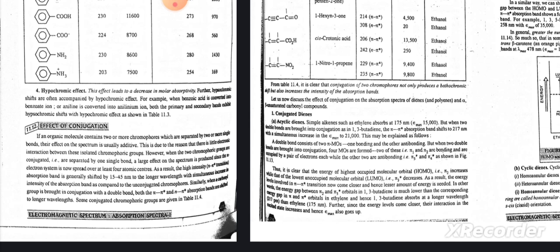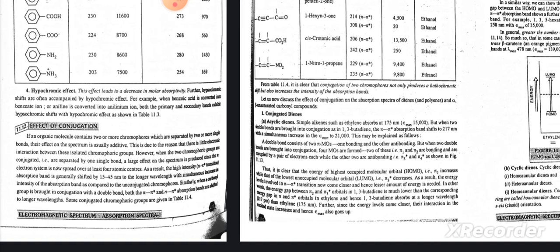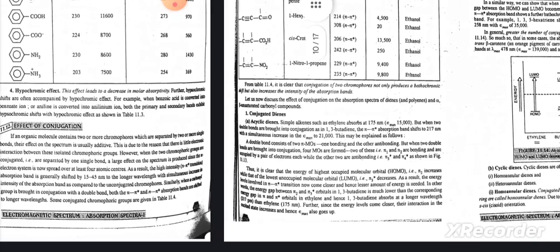Similarly, when a carbonyl group is brought in conjugation with a double bond, the pi to pi star and n to pi star absorption bands are shifted to longer wavelengths. Some conjugated chromophoric groups are given below in the table. Let us discuss the effect of conjugation on the absorption spectra of dienes, polyenes and alpha beta unsaturated carbonyl